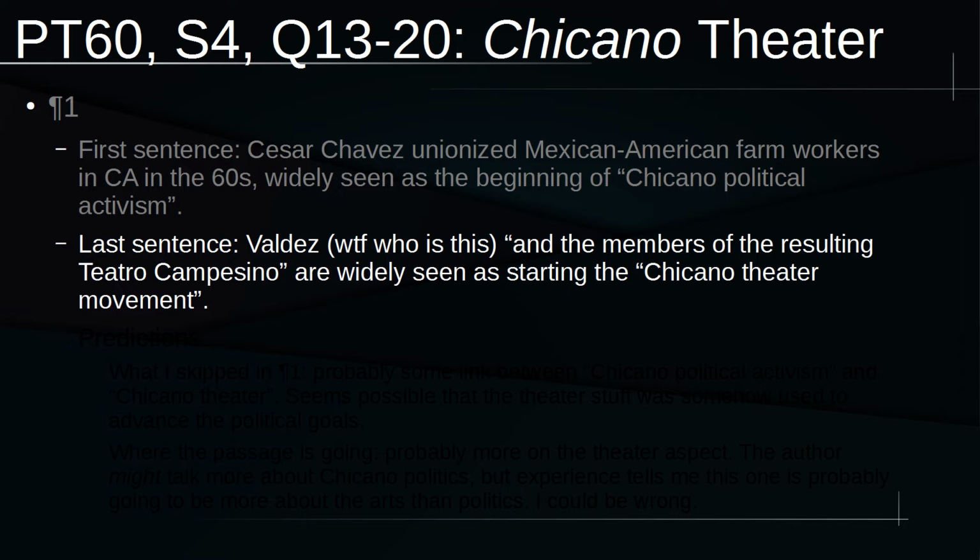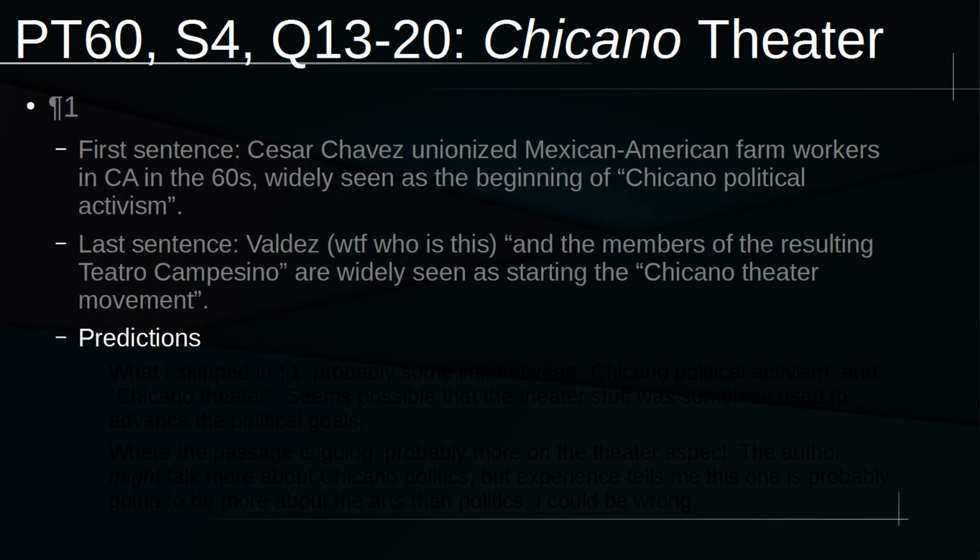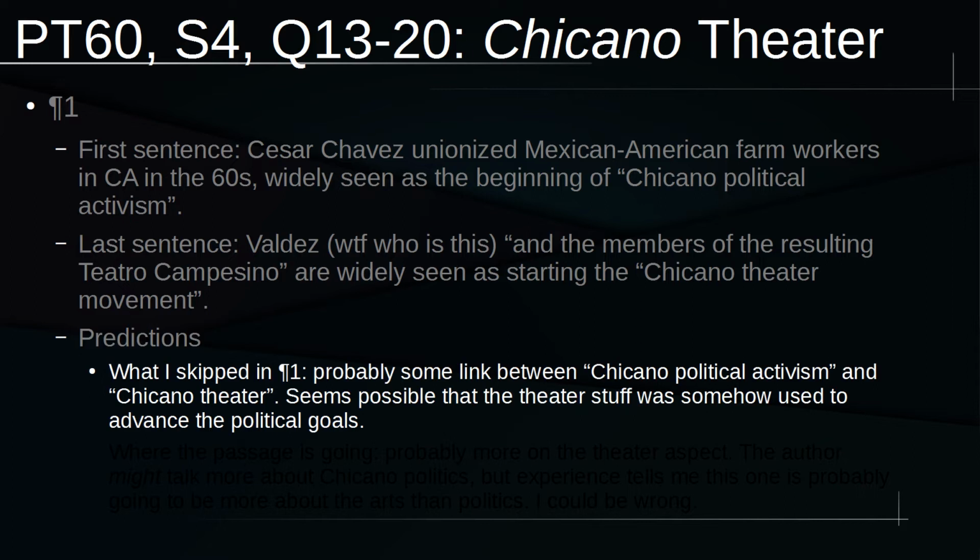So this last sentence just introduces like 4 new things that are just brand new. So given how lost I felt, I guess I should try some predictions. In terms of predicting what I skipped in paragraph 1, probably some link between Chicano political activism and Chicano theater. It seems possible that theater stuff was somehow used to advance the political goals of activism. That seems to be a typical thing of theater, but that's just me guessing based on logic, not anything specific